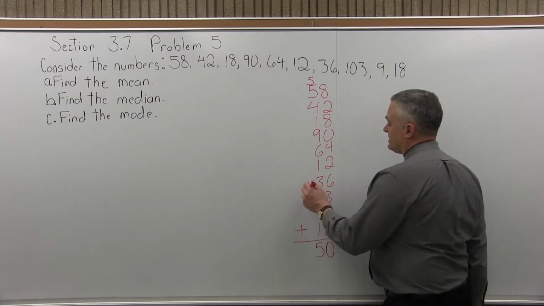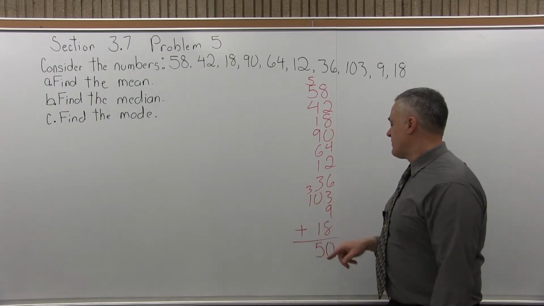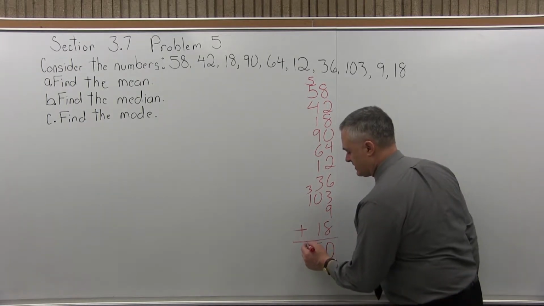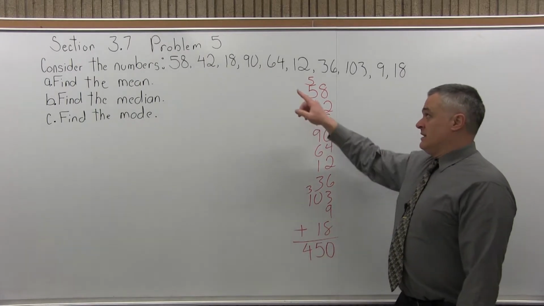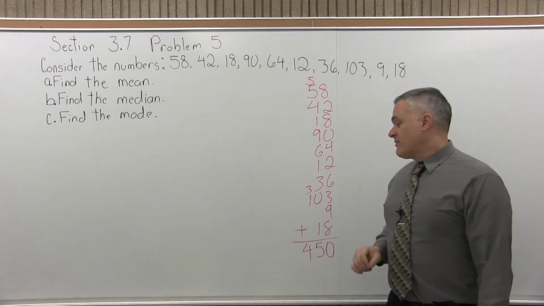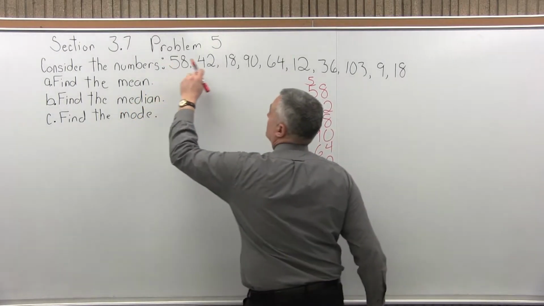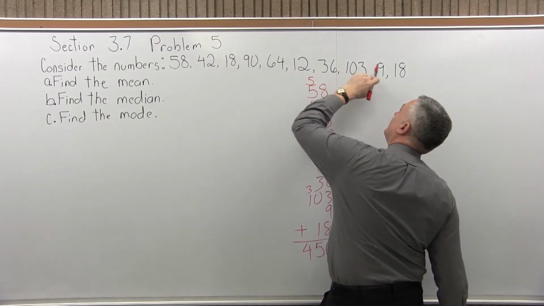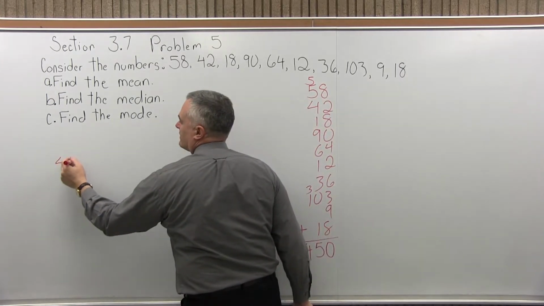There's only one digit that goes over one more column, from the 103. Put the 3 from that 35 above that, and then add 3 plus 1 more. That's 4. And I have a total of 450. That's the total of my list of numbers. Now I need to divide that by how many numbers are in the list. So 1, 2, 3, 4, 5, 6, 7, 8, 9, 10. So I will have 450